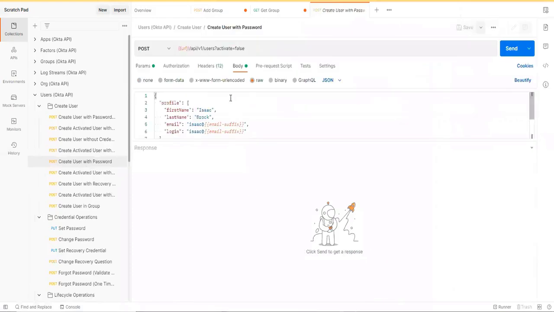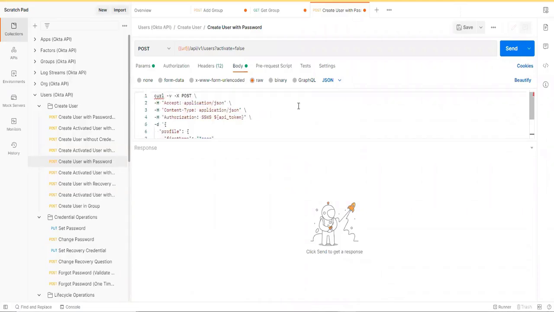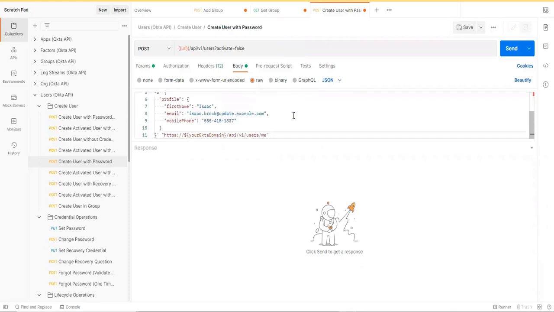This is the password. In the body, try to update this. The API token is already there.